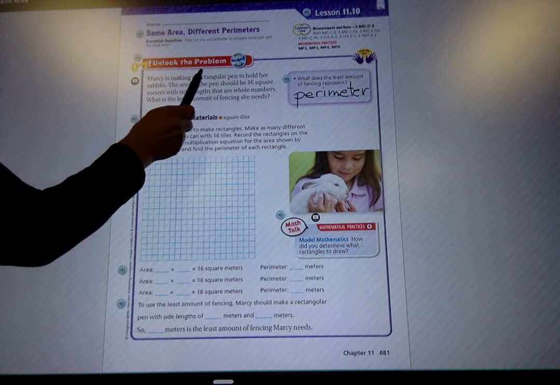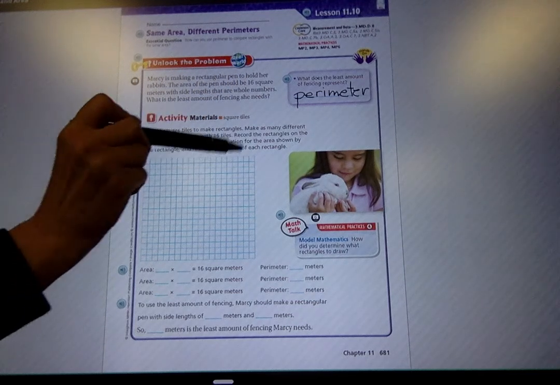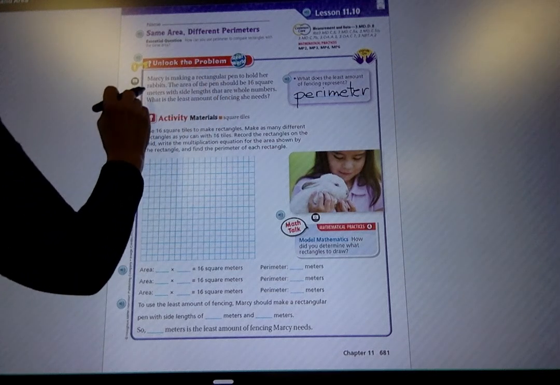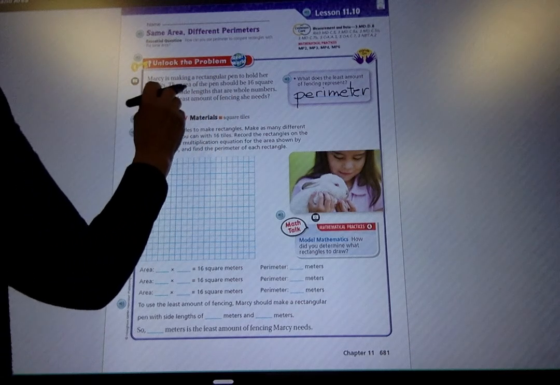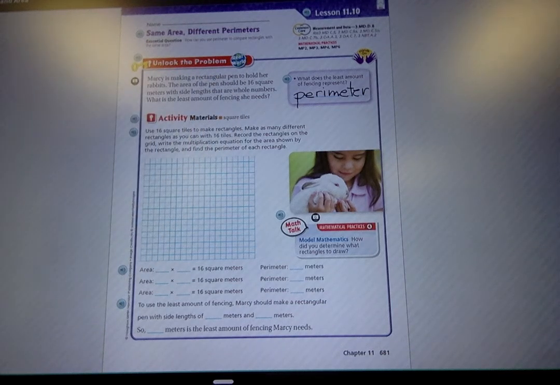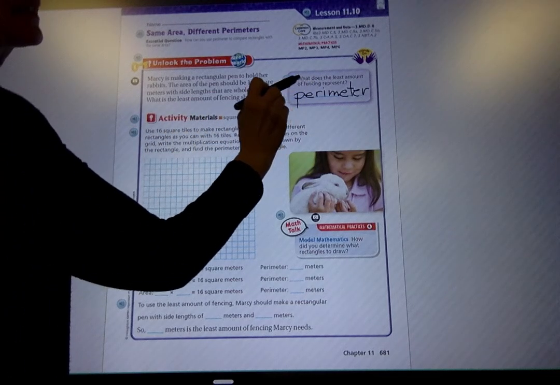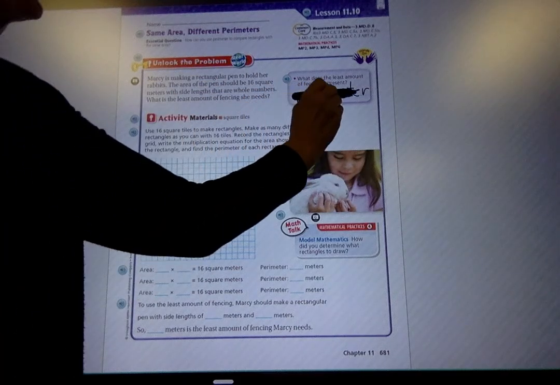So Marcy's making a rectangular pen to hold her rabbits, a rabbit pen, not a pen to write with. The area of the pen should be 16 square meters with side lengths that are whole numbers. What's the least amount of fencing she needs? Well, we need to remember that the least amount of fencing goes around the outside, so we're looking for the